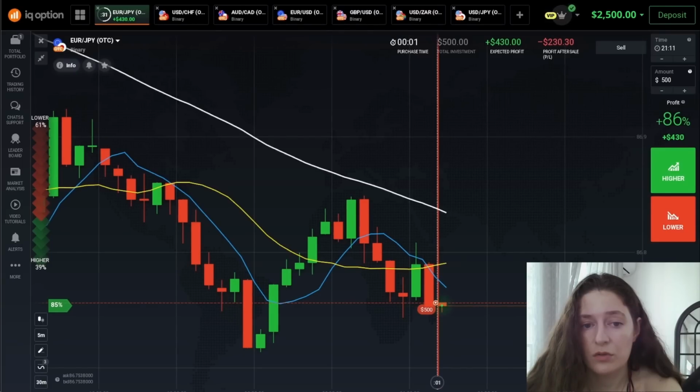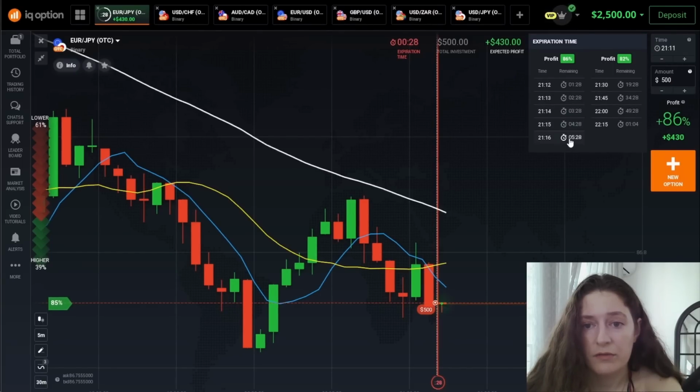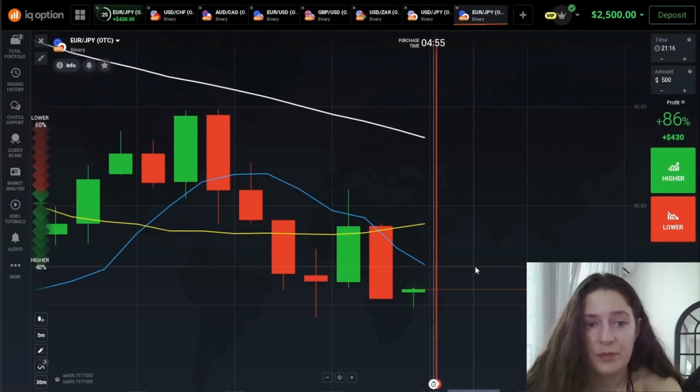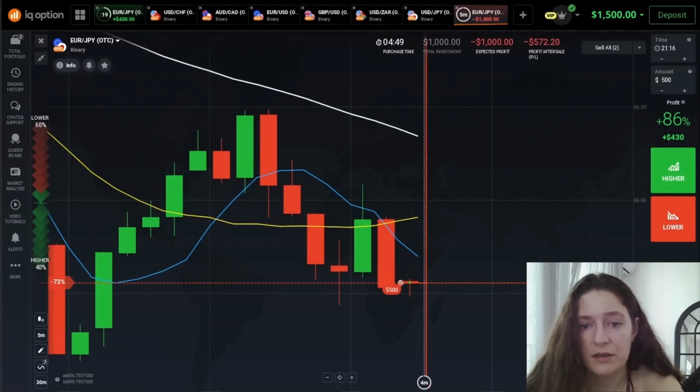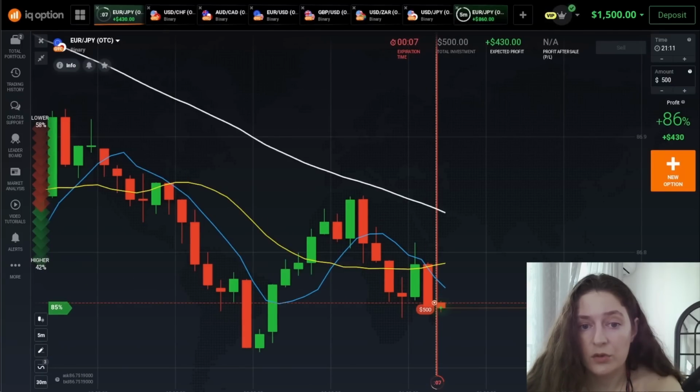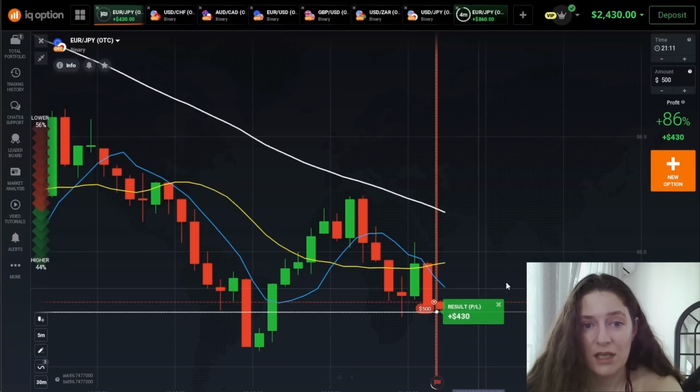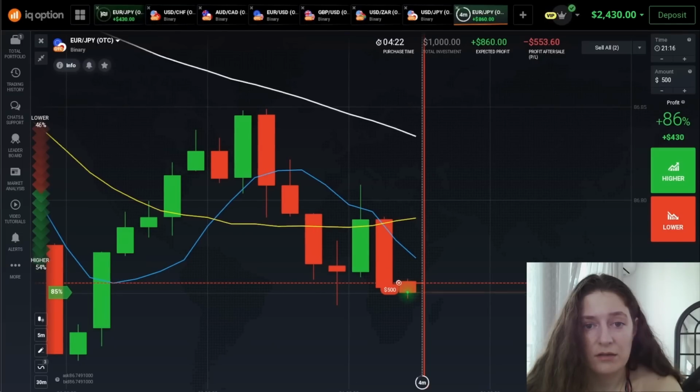Then I also entered the trade with a 5 minute time interval. But here I already have to open a position with $1,000, and this is the maximum amount you can enter when trading in the OTC market. I would recommend that if you still want to trade in the OTC market, never trade with large amounts. So I was lucky and still won. It's great, but remember you have to open a position with a 5-minute interval if you want to make a profit